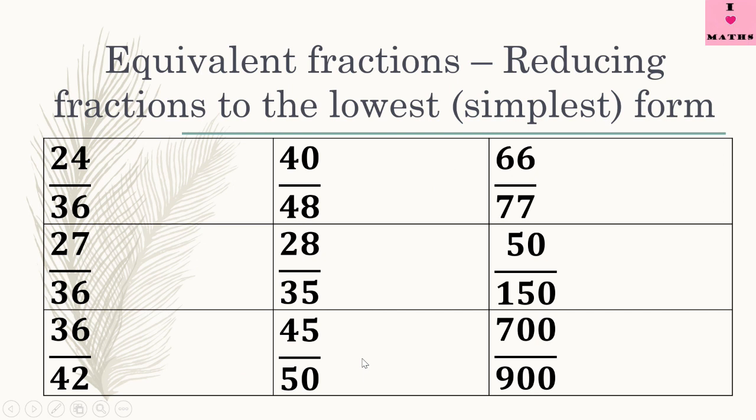Okay, let us see some more fractions. Now children, you have to reduce the following fractions to their lowest or simplest forms. Now 24 upon 36. There are many tables in which 24 and 36 both the numbers come. For example, both of these numbers are even numbers, so both of them come in the table of 2.